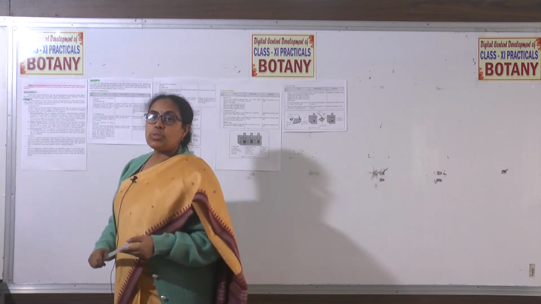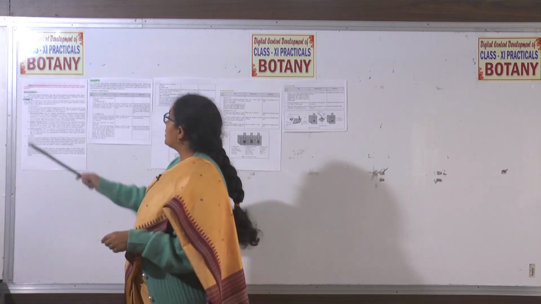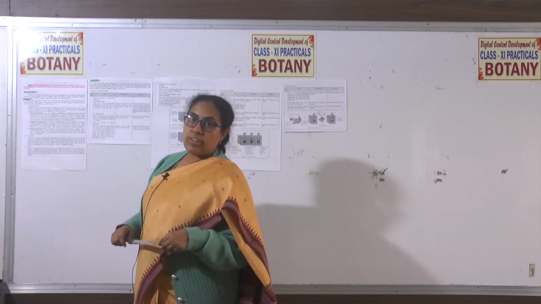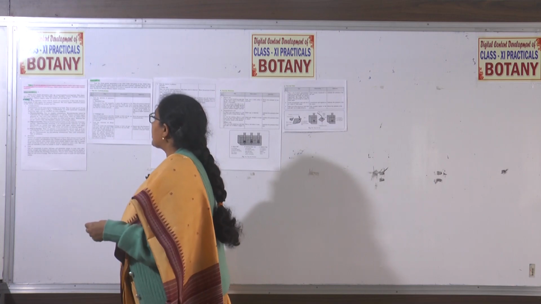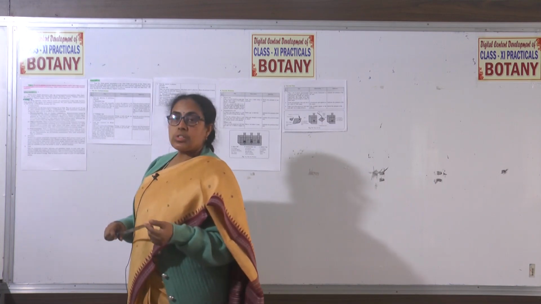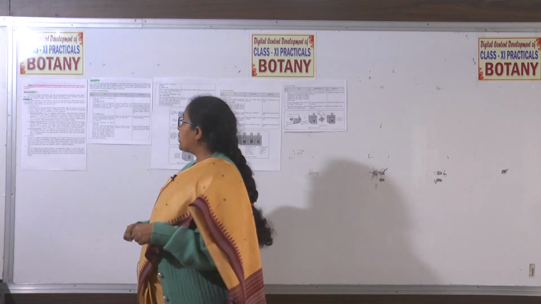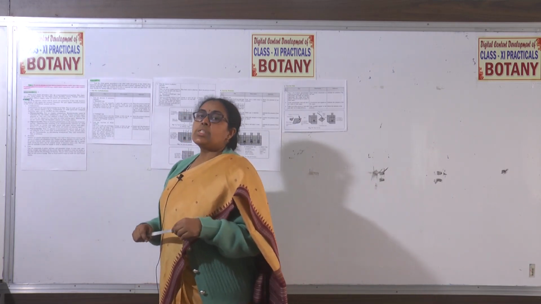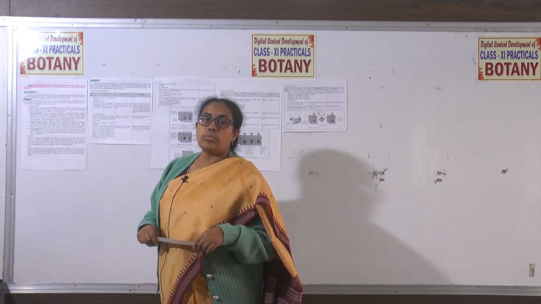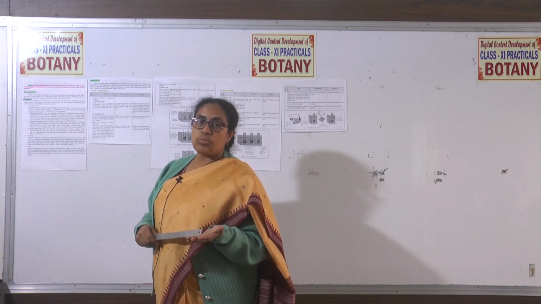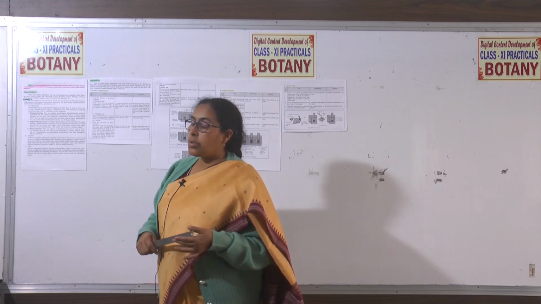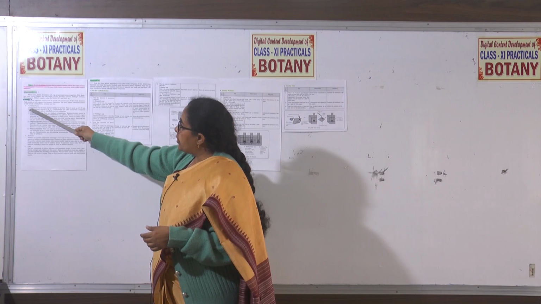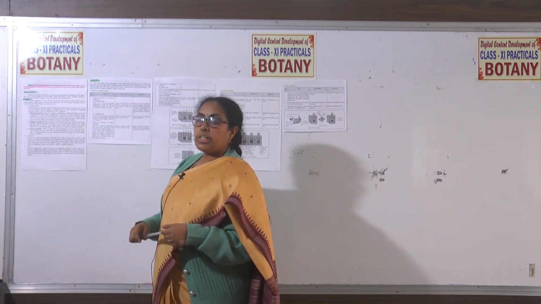So the next experiment, students, we are going to study is the test for glucose, sucrose, starch, protein and fats. These are the major organic nutrients, substances required by living organisms for growth and maintenance of the body. Especially, we are going to study what type of nutrients we find in different plant bodies. As we know, the major nutrients required for the body is carbohydrate, which is the main source